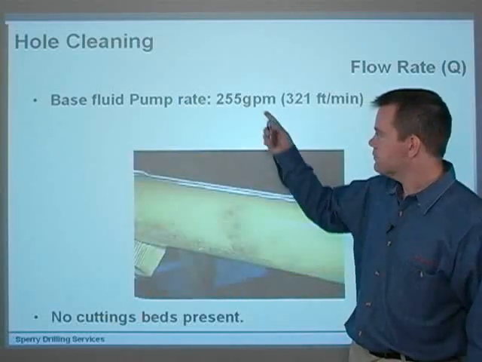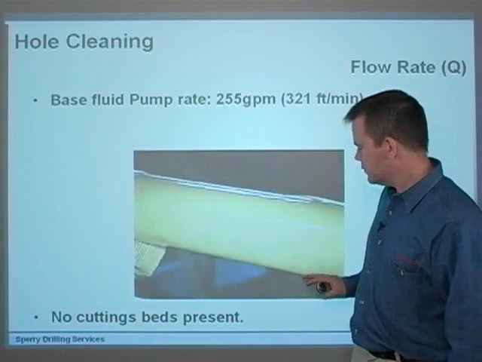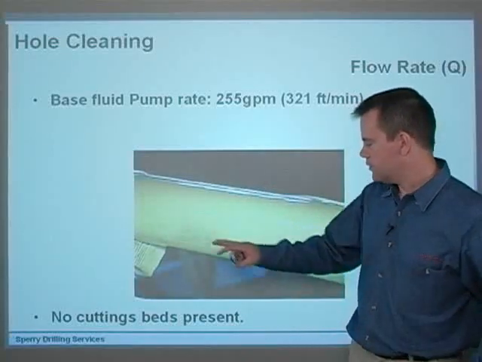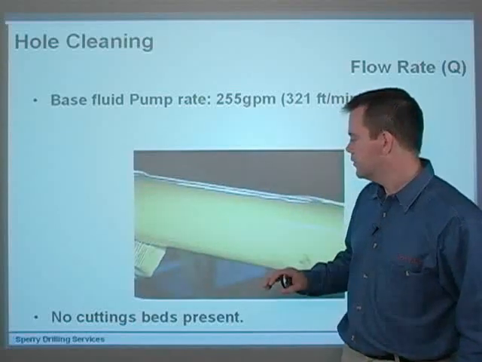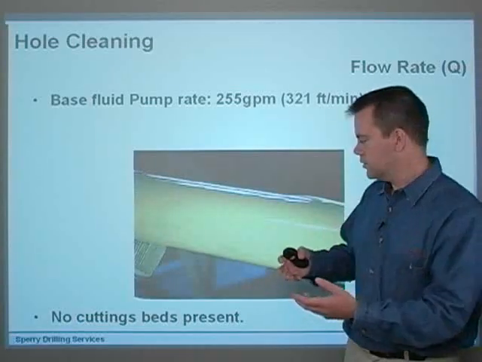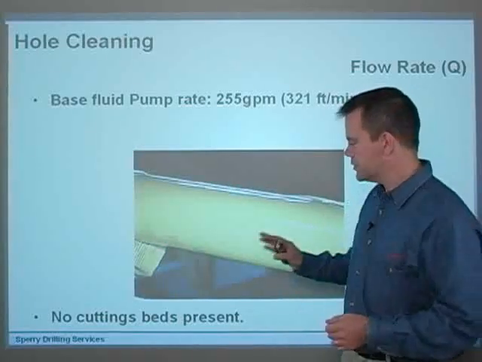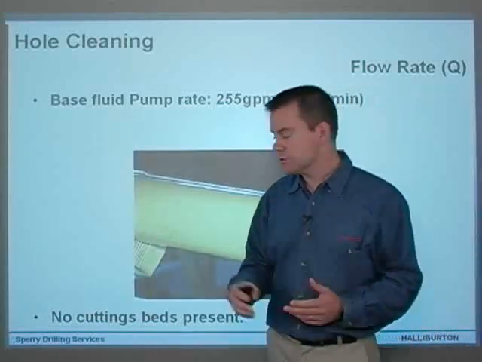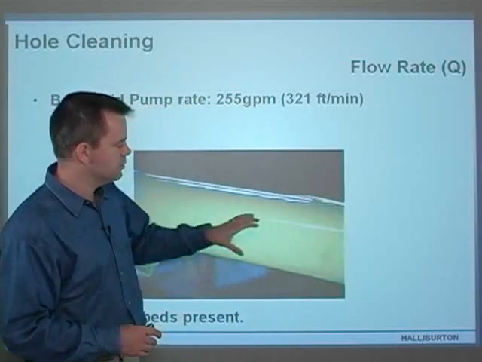Now increasing by just a further 5 gallons per minute, you've got 321 feet per minute. Now you'll see the odd bed just appearing but then disappearing instantly. And there's never any definite layer of cuttings along the low side of the hole here. And we're basically, there's no cuttings beds present. There are clumps of cuttings. If you suddenly increase your ROP briefly, a clump of cuttings will go up, but it's still getting cleaned effectively. It's not stationary for any more than an instant. So there's no cuttings beds present at 255 gallons per minute, which equates to 321 feet per minute in this